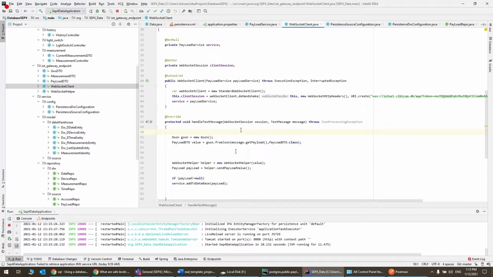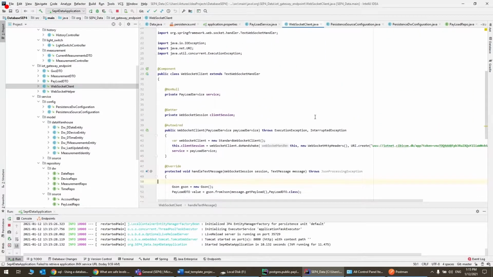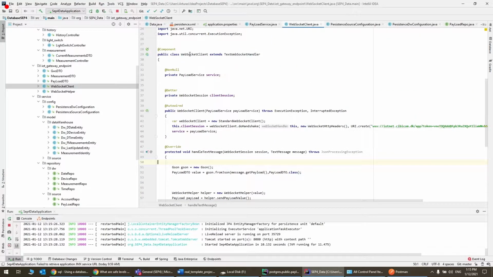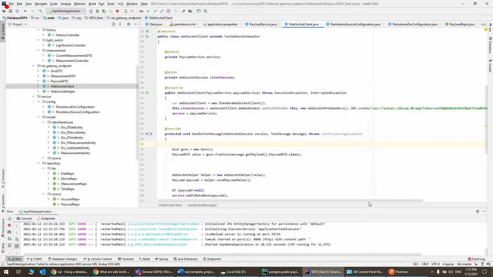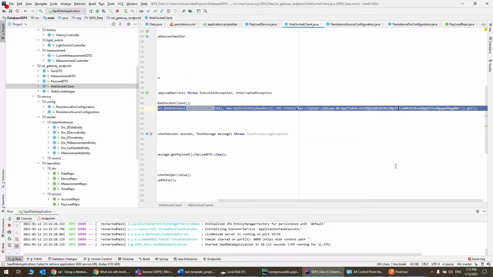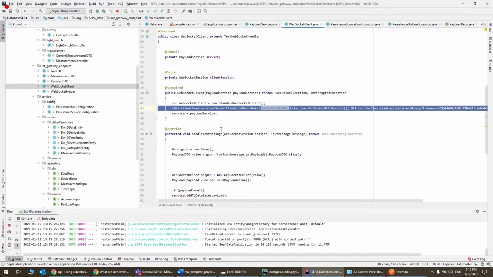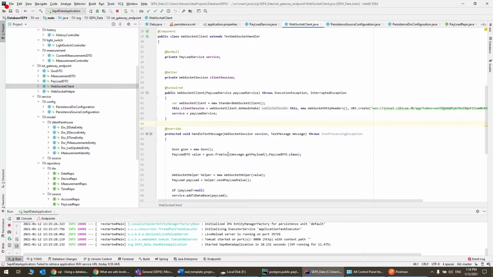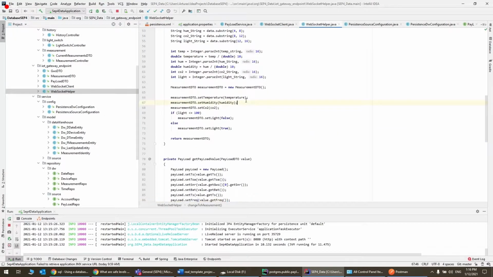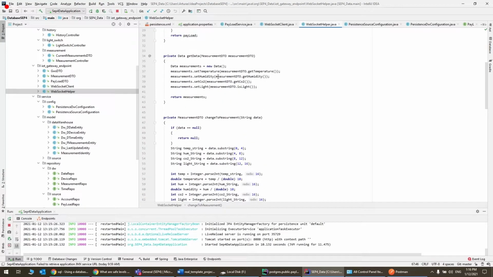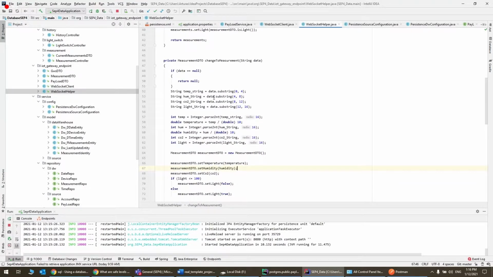So we have a connection to the IoT, which is shown here. The WebSocket client extends TextWebSocketHandler, and this is the URL to connect to the LoRaWAN network. Since this is our IoT endpoint, we get data from the LoRaWAN network and we send it to the database source. We have a helper class which helps us in converting the data that we get from the LoRaWAN network into the appropriate DTOs and